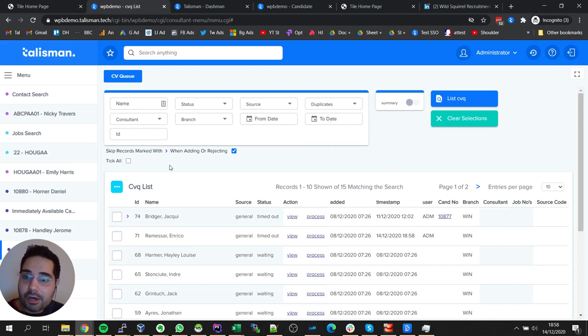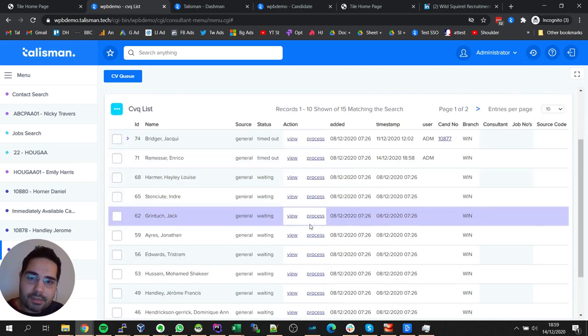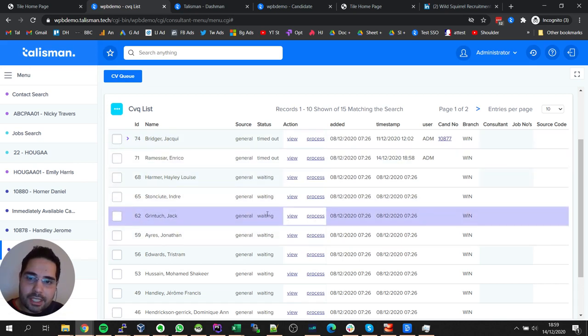So the process for adding from the CV queue is very similar to adding from add candidate as normal. What I would do is, any one of these CVs can be added, and I would just go to click process on one of the CVs. Okay, so I can see that one has a candidate number and the other ones don't. So if I click process on Jack here,